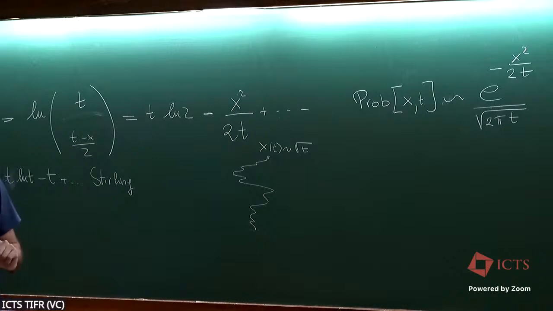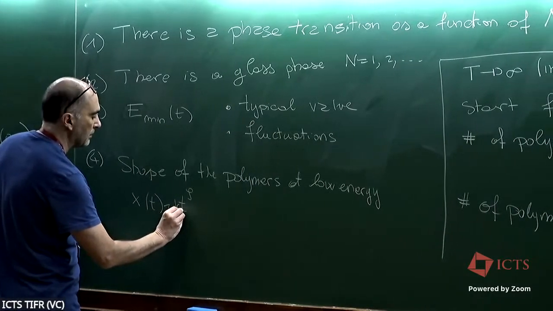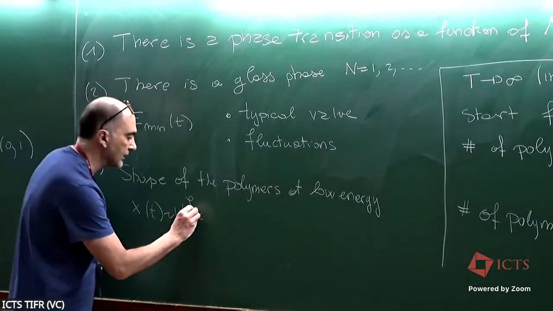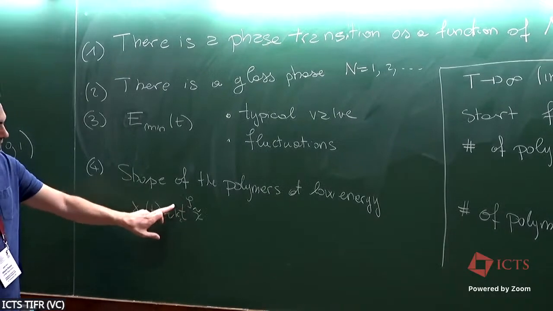Okay? So if we answer the question, what is the shape of the polymer at infinite temperature, the typical polymer, it's usually called, in the language of polymers, the roughness exponent. So you say that x of t goes with t to the power zeta, with some prefactor kappa 2, and chi, which is a random number of order 1. Let me call it chi tilde; it has a different distribution, it is not Gumbel distributed. So the scaling in t,